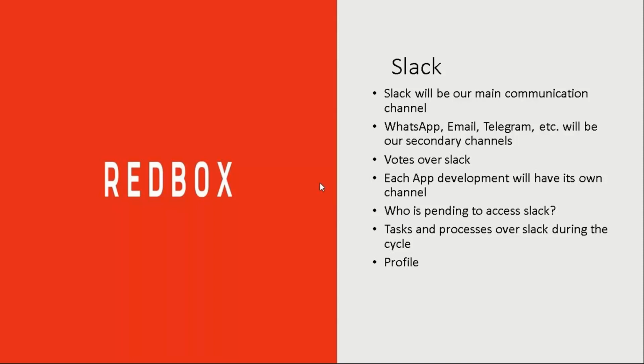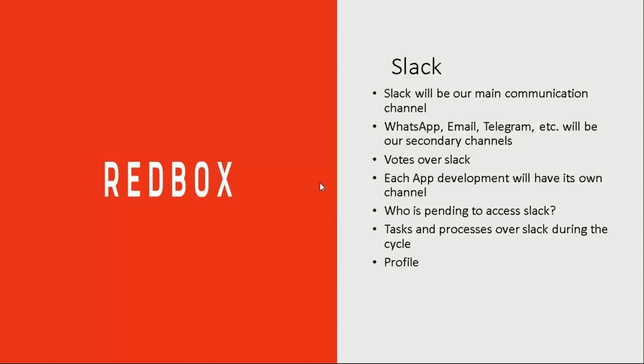Who is pending to access Slack? If you don't have access, I think I gave access to all people. But if you don't have access, please send me an instant message on WhatsApp, and I will provide you access to Slack. Tasks and processes over Slack during the cycle.